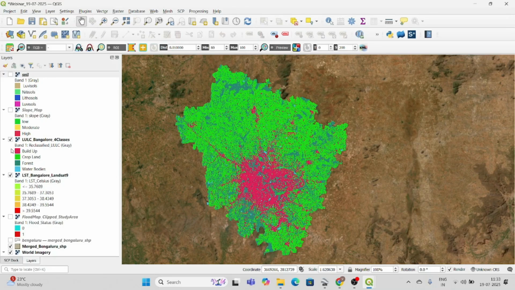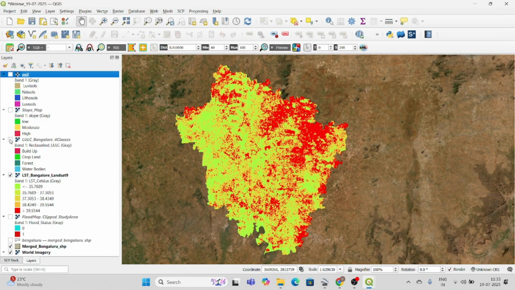Okay. So as for LULC, you can see I classified it into four classes, and the next one is LST. Okay, LST means land surface temperature. I also used land surface temperature with the help of Landsat. Okay, you can think why she is using Sentinel and why she is using Landsat. You can go for any thermal bands. I prefer to go for Landsat, and it has a thermal band.